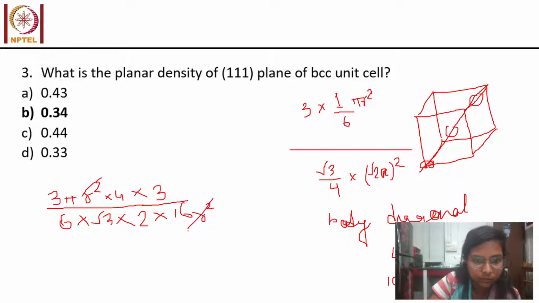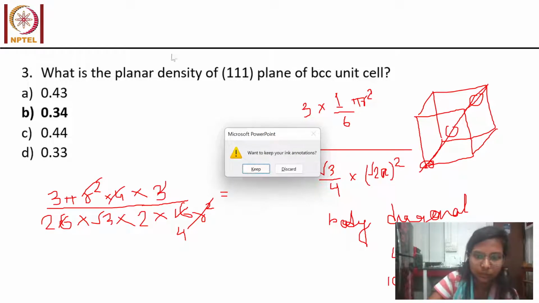R square will cancel. 4 is 16, 3 2 is 6. So you will get, so just you can do it, because I do not have calculator here, so you can just proceed in this way and you will get the value. Okay,